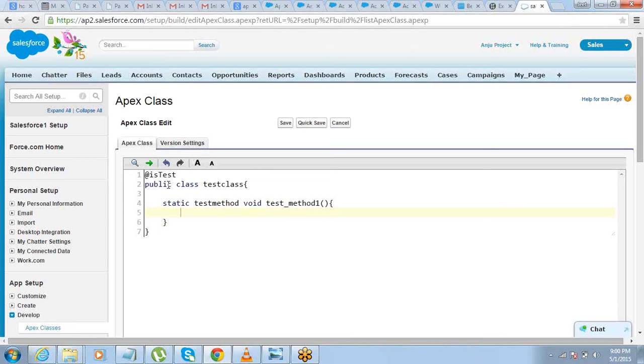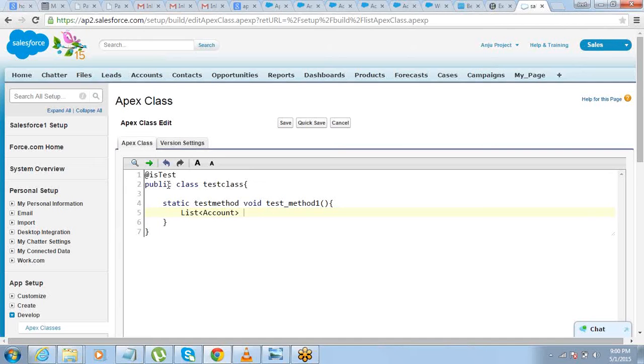So all that we have to do is, we just have to do a list of account. Okay, and it's important for you to check any trigger with bulk records. All right, because in trigger, what do we write? For loops, right?